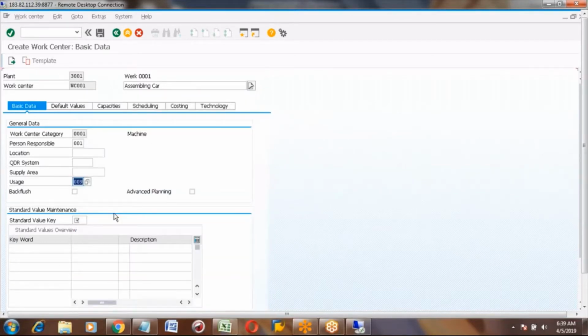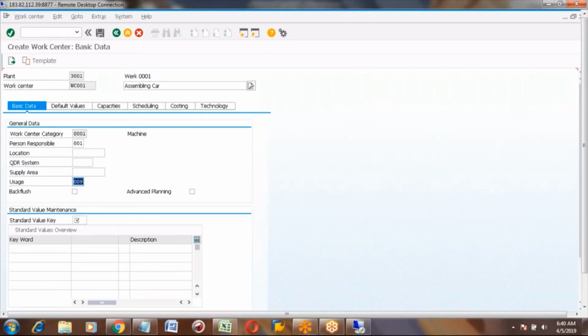Now the next field is standard value key. This is an important thing. Yesterday I told you this work center can be used to measure your machine, meaning how many hours it is running. And we can use this for labor also.